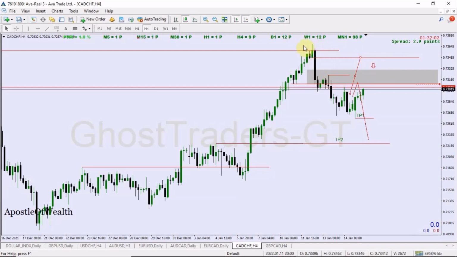But the problem why I don't recommend it is because if price gets to this level here and then it push up and take you up, you have a huge amount that you have risk, a huge number of pips that you have risk. So it's better to wait for price to get to this level and see what price does at this level here. Okay, so wait for sell profiles at this level, wait for price to confirm that we are going down. Okay, so that's it. You wait for price to confirm that we are going down,